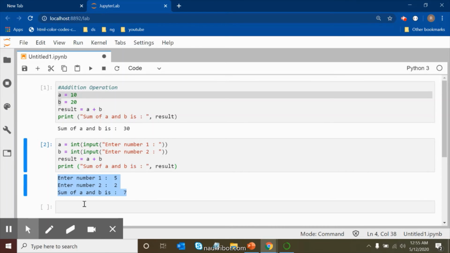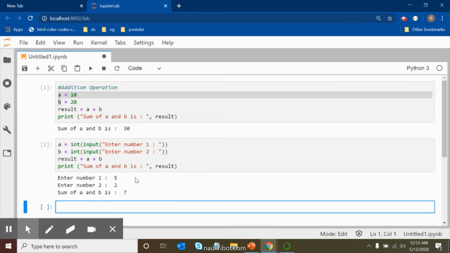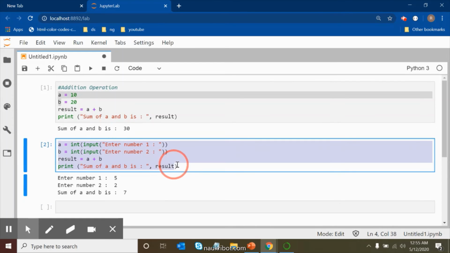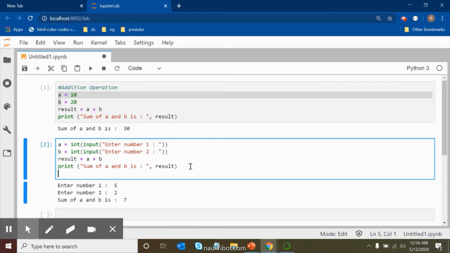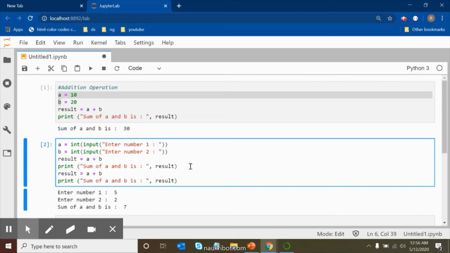Now we will see the second. In the same way we will perform the other things like multiplication and division. So I will just go to this line and press enter. In the same way I will just change this. We know that we can change the value of a variable.